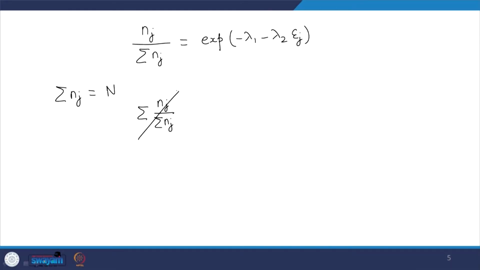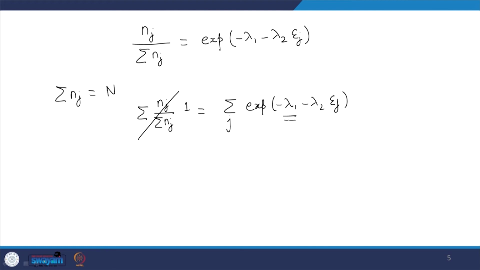So, basically this becomes 1 over the summation over j of exponential of minus lambda 1 minus lambda 2 epsilon j. Now, lambda 1 is a constant for all values of j. So, I can pretty much move exponential of minus lambda 1 outside. So, you have exponential of minus lambda 1 times the summation of exponential of minus lambda 2 epsilon j, and therefore, what